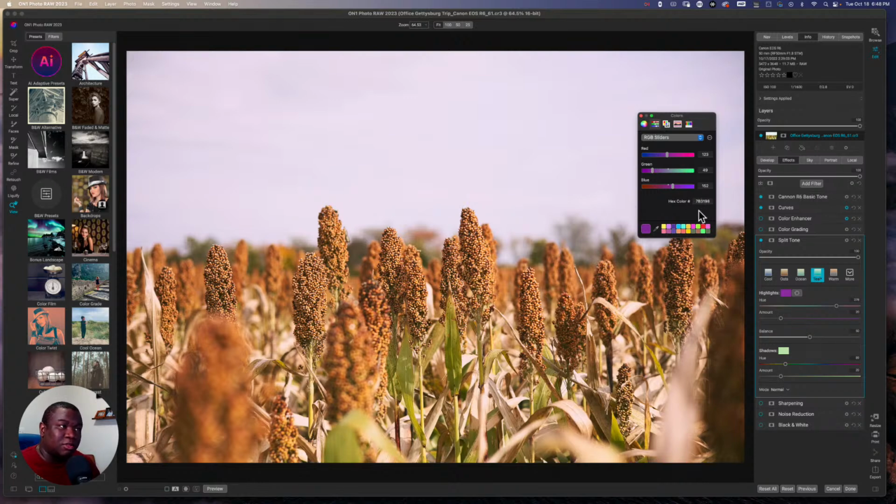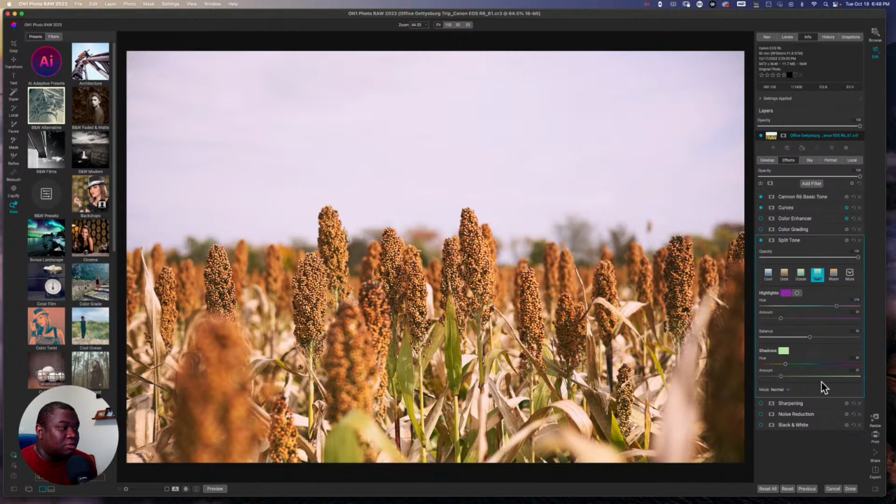Traditionally, you would have to send something like this to Photoshop to get to a hex color and really tie that into the highlights and stuff of that sort. But ON1 just gives that to you right here inside of the split toning